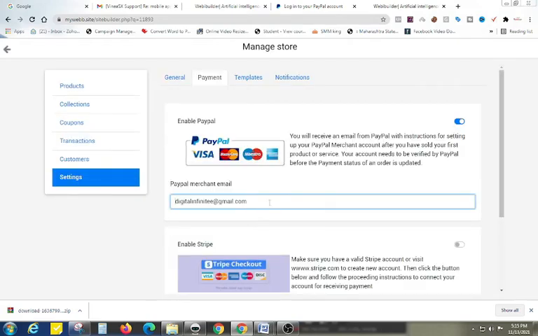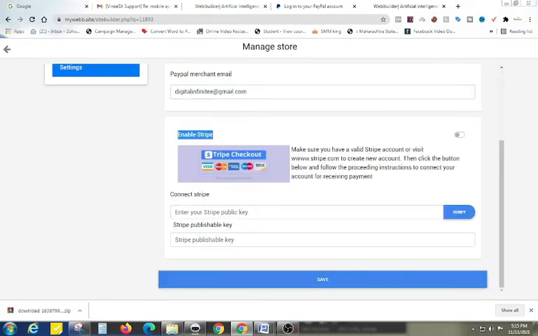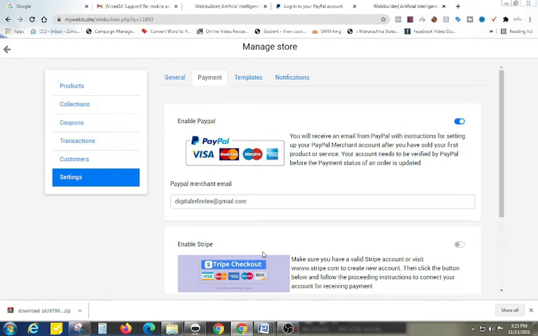So I hope you understood. And for Stripe, you should have a Stripe account where you have to add your Stripe ID. That's enough. Once you add the Stripe ID, your customer can make payment to you through Stripe, through Visa, MasterCard, and other ways. So this is how you can integrate a payment gateway in your store.